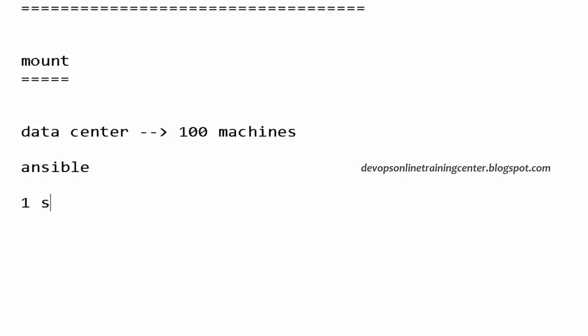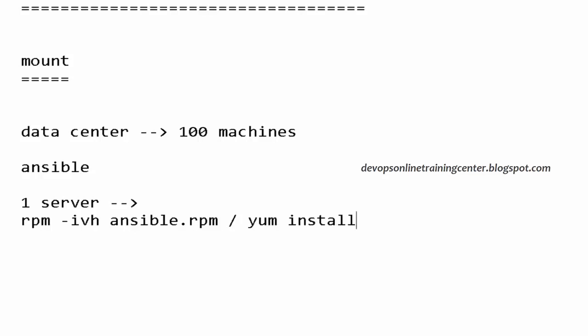So I log into each server, and then I install Ansible using either rpm -ivh ansible.rpm, or I just say yum install ansible.